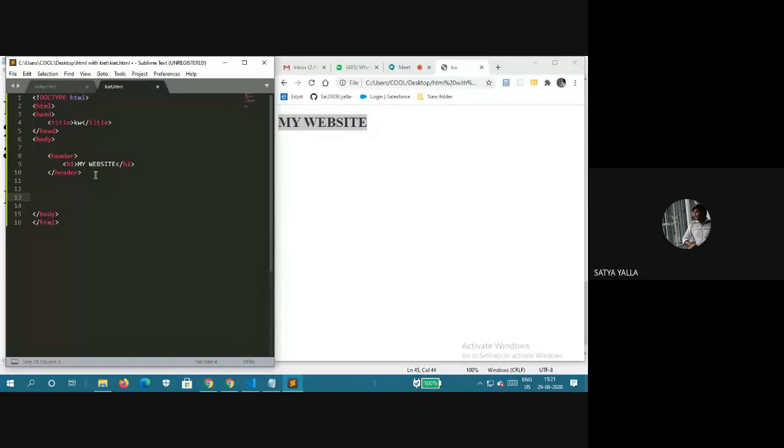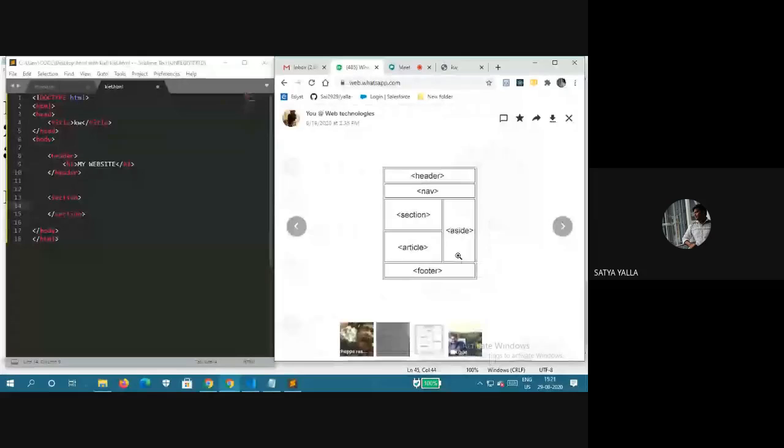And the second one, section. See, here we are having a section.